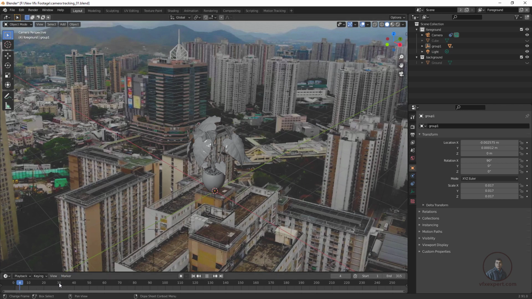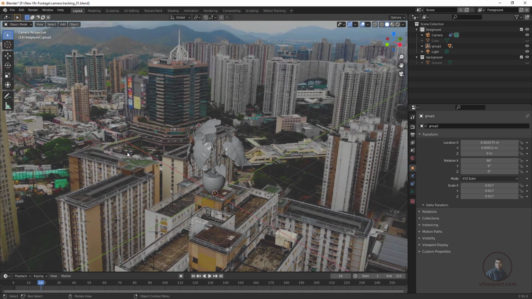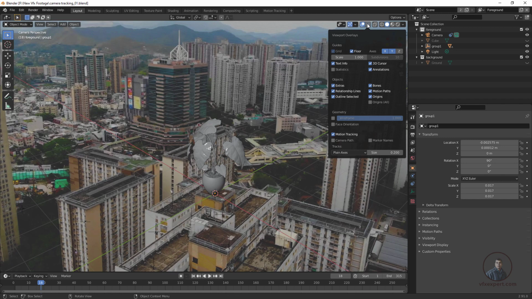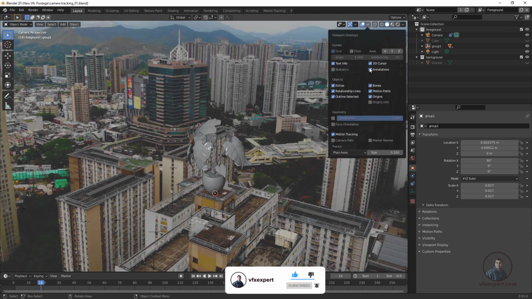Now just play and check here. So I think this is looking good here. So again, till here, Control S. Now hide this grid and all these things here. Then simply click here and hide your floor. So this one you can also access, you can hide like this, and if you want you can also hide these points here. So maybe this 3D cursor, even text info like this. Okay, so whatever you want you can hide from here. Even the origin, if you want you can hide.